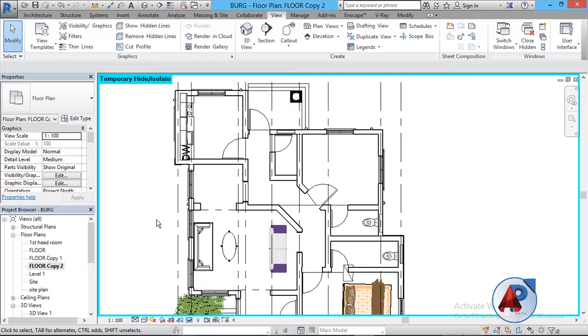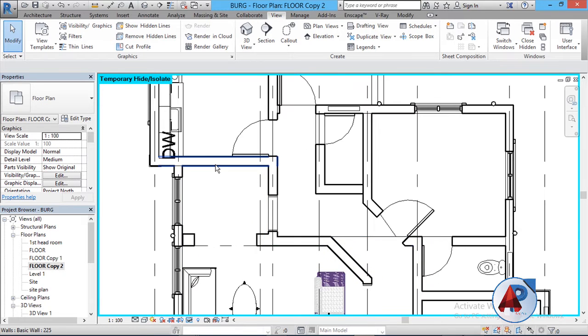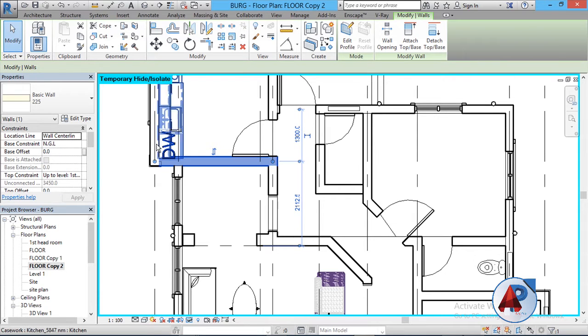Now I'm going to start with the first one, which is click to select. For example, I'm trying to hover over this wall. It's showing me a greenish color other than the other walls. So if I click on it, it's going to make a selection.